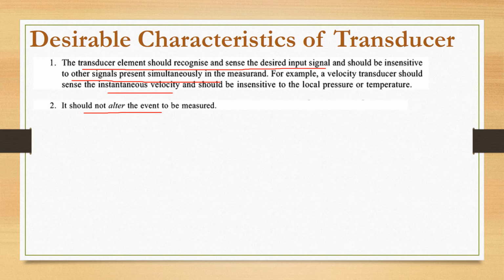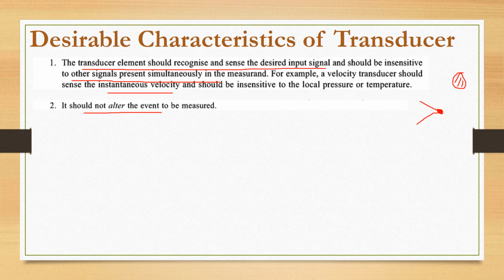That is why the tip of the thermocouple, suppose this is your thermocouple, the sensing element is made very small so that it does not absorb a lot of heat. Suppose we made the tip of the thermocouple large like that, then it would absorb a lot of heat and change the temperature which we are measuring.